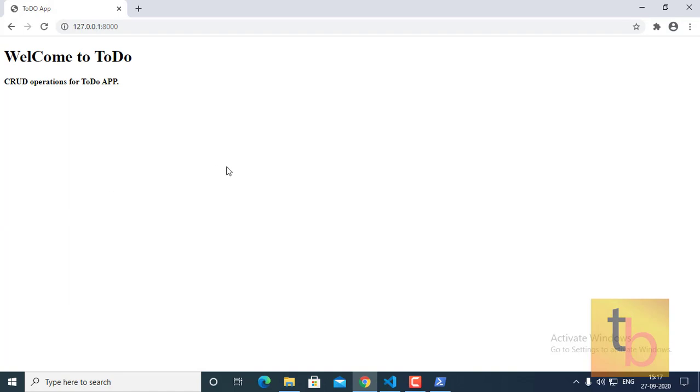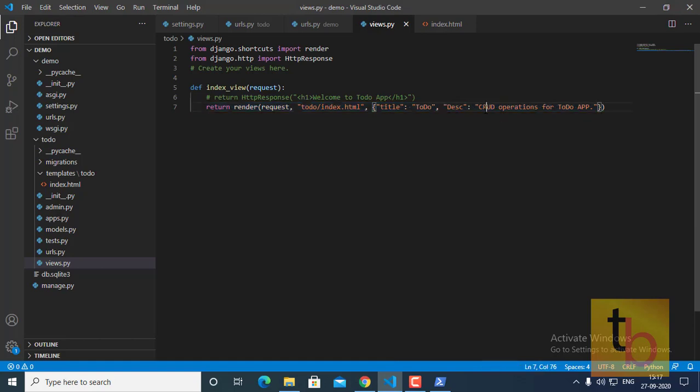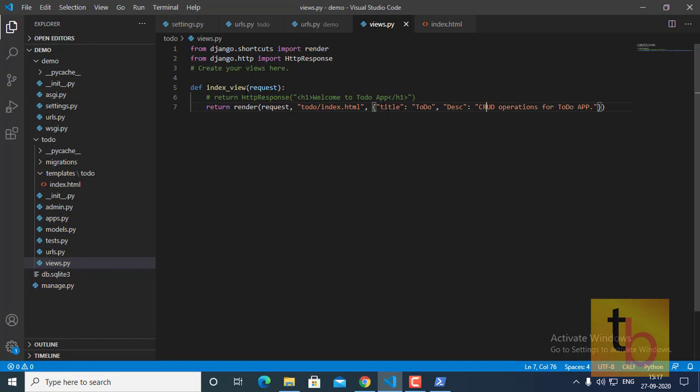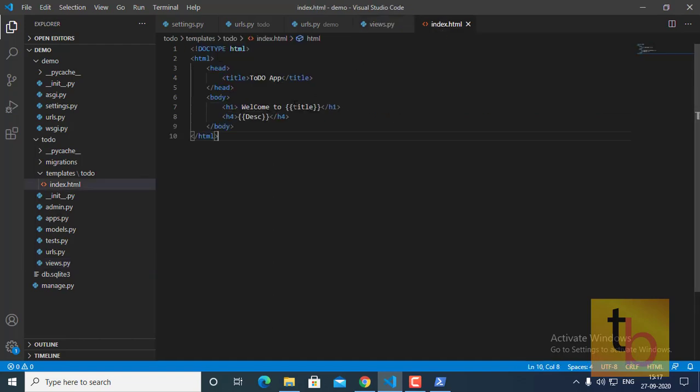As you can see, our server is now running, and you can see our description variable is showing the data which we have passed from our function, which we have written in views.py. This is how you can pass the data from your views to HTML and render it using these double curly braces. I hope you have understood the concept of how we can define the template and how we can create the template app-wise. Thank you.